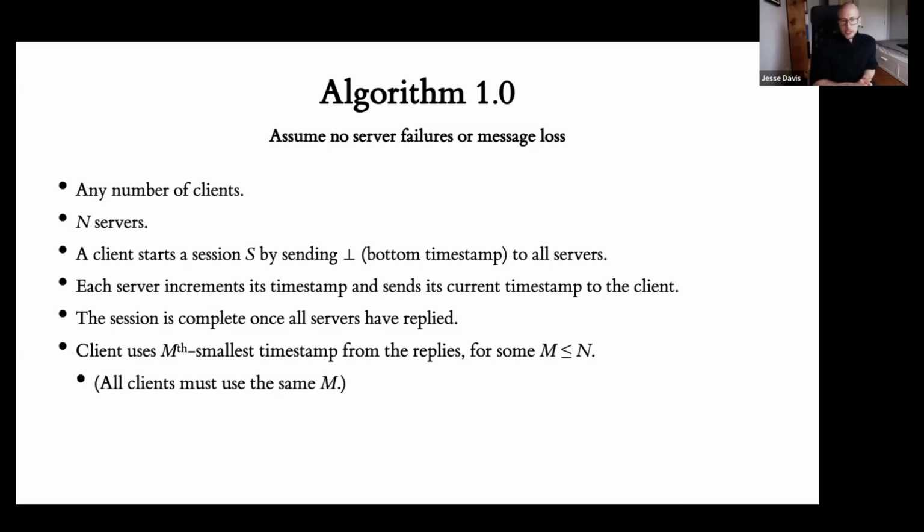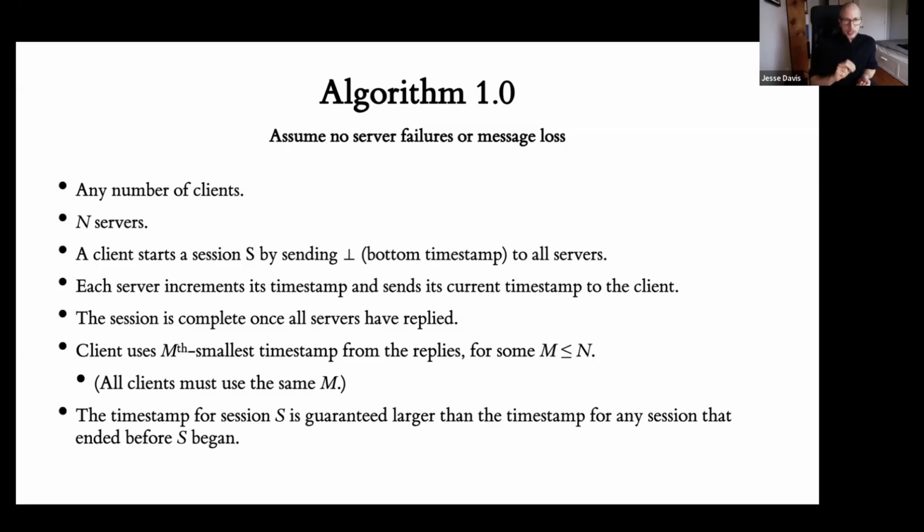The constraint is that all clients have to use the same m in order to ensure that each gets a greater timestamp. And the paper starts abstract by showing that the algorithm is correct for any m, and it spends a long time at this abstract level. Eventually, it says that for maximum fault tolerance, m should be the smallest majority. So then it starts to look just like consensus, same as a quorum in Paxos or Raft. But for now, we're going to stay abstract. We're just going to say that m is some number between 1 and n inclusive.